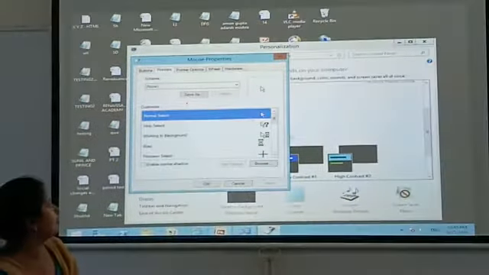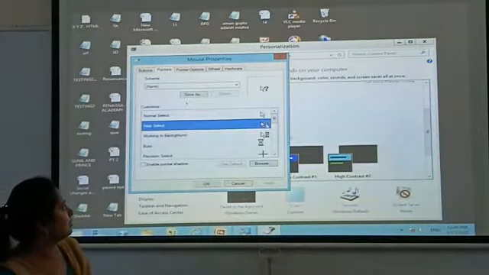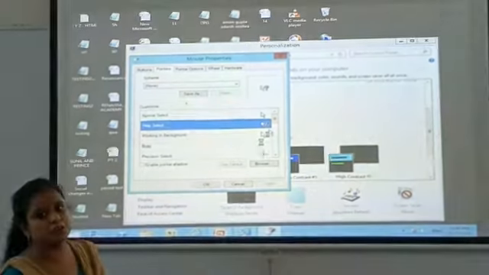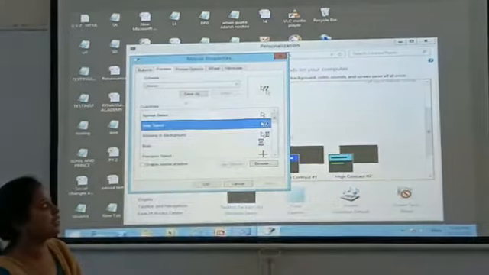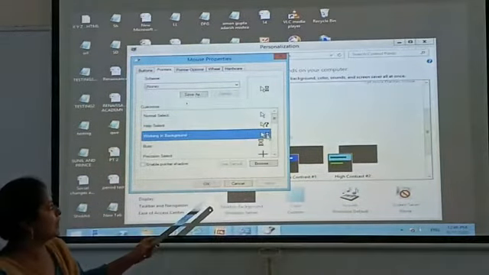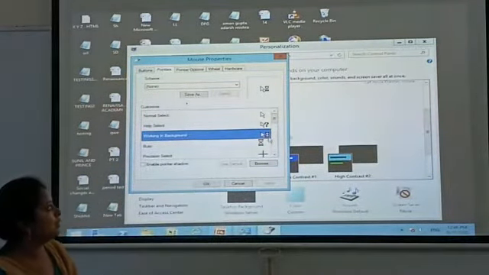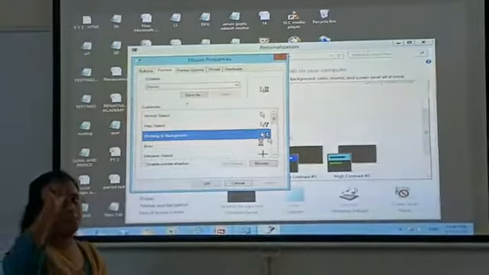Now see Help Select. If you want Help Select, it will become like this, an arrow plus a question mark. Now just see this one, Working in Background. If this type of mouse pointer comes, it means it is working in the background.